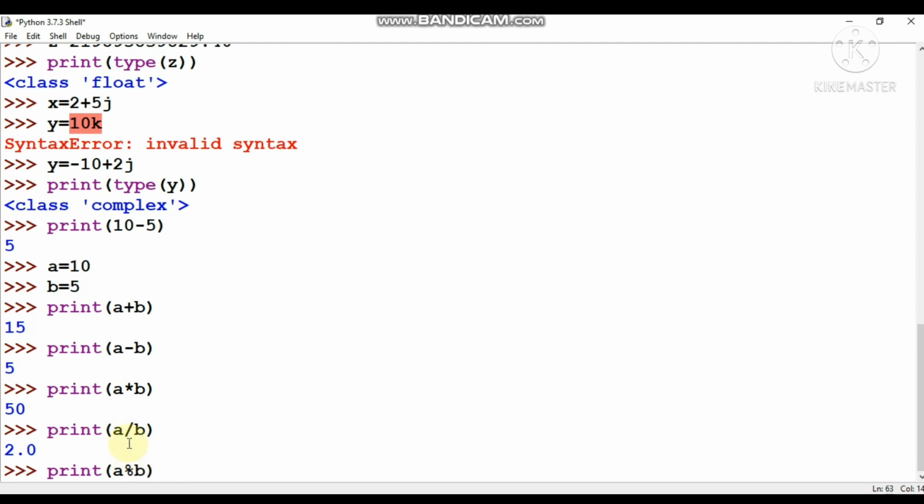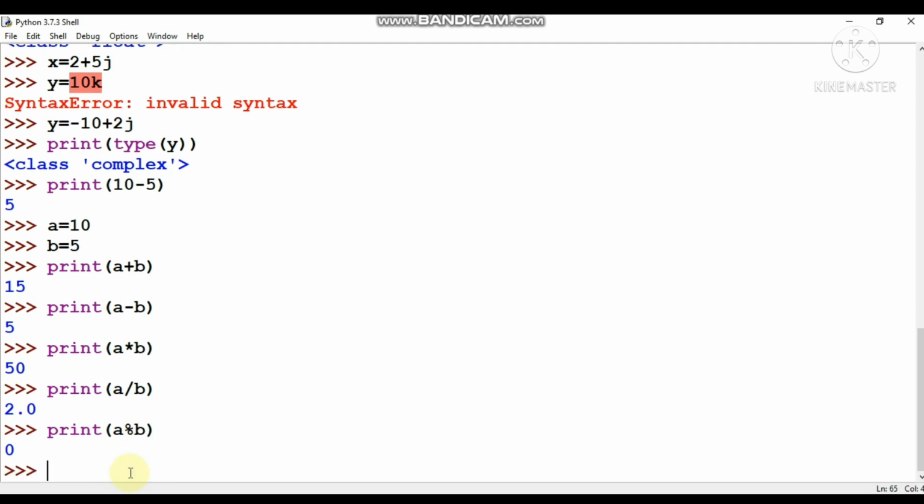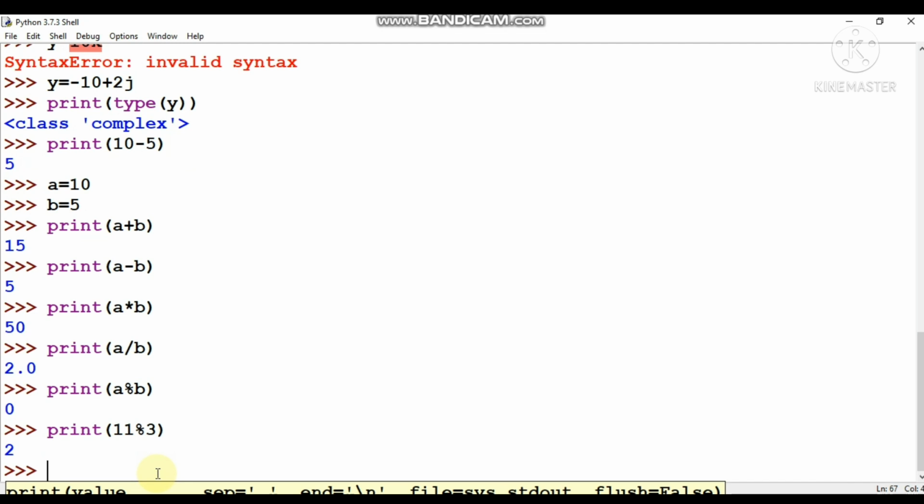So this is the difference between simple division and modulo division. So here what will the result? 5 2s are 10. The quotient will be 2 and the remainder will be 0. So modulo division will return the remainder, and the remainder will be 0. You can see here. The same way you can check here, print 11 modulo 3, can you tell me what the result will be? Just divide it. 3 3s are 9. The quotient will be 3 and the remainder will be 2. So it will return only the remainder. So the value will be 2.